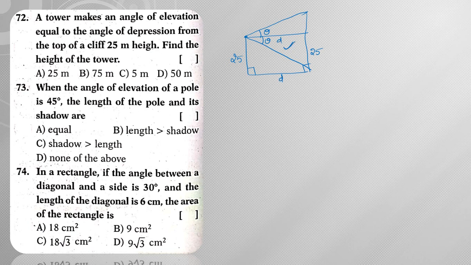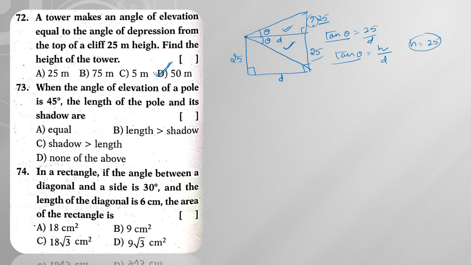Now from this triangle, what I can say, tan theta is equal to 25 by d, right? From this triangle, tan theta is equal to this particular part, let that part be h, so h by d. Already we know tan theta is equal to h by d, so on comparison we get h is equal to 25. Then since I need to find out the height of the tower, this part is 25. 25 plus 25 is nothing but the total height of the tower, which is 50 meters, right?